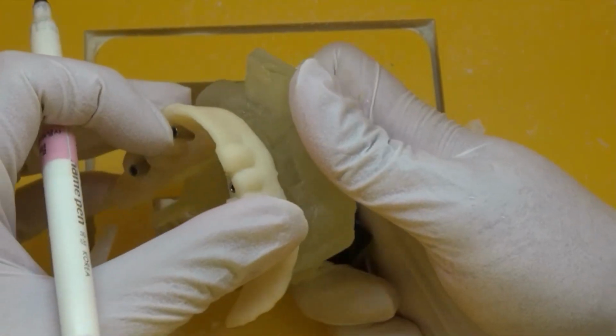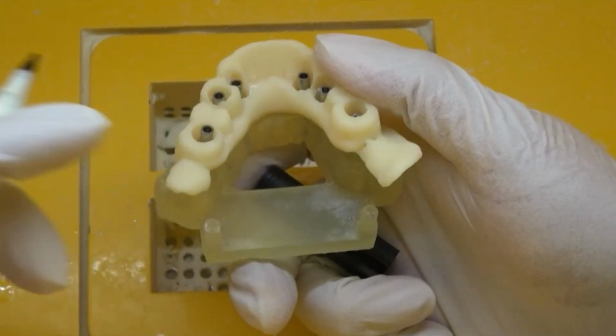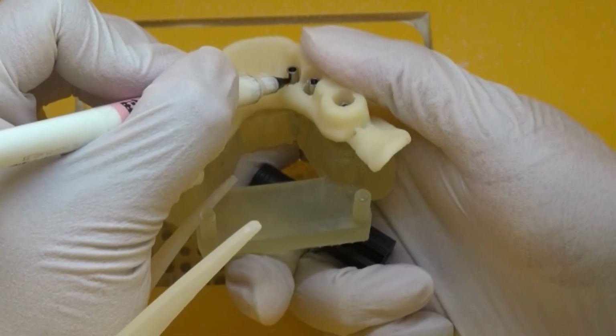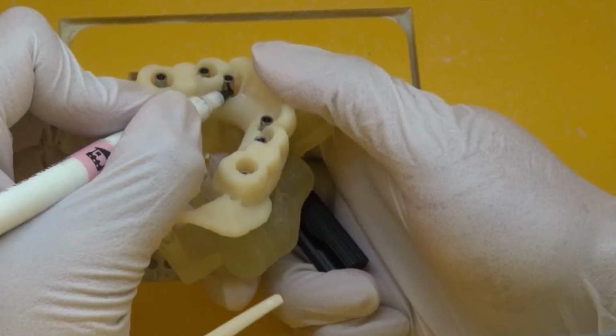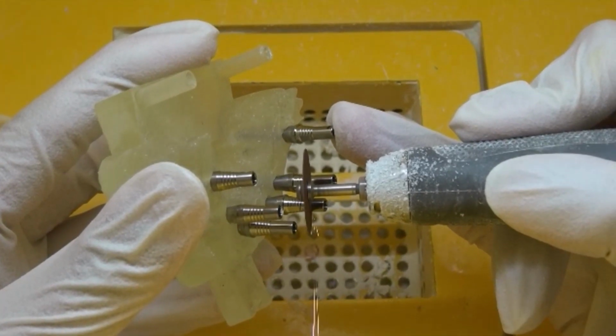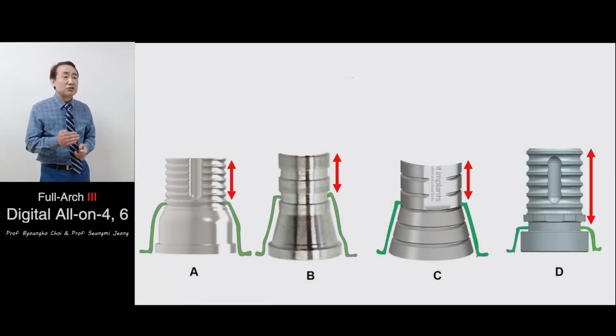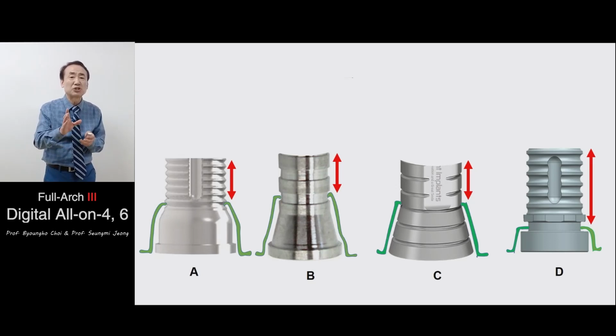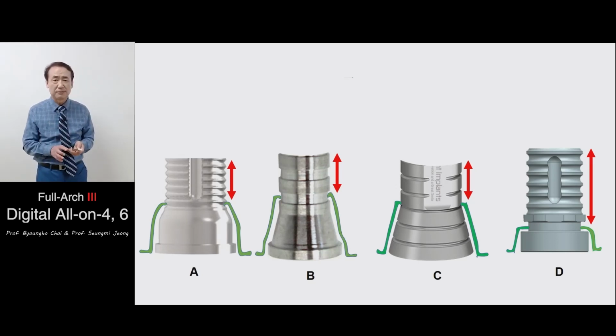This shows how to adjust the cylinder height before surgery using a provisional denture and the 3D printed model. You can trim the cylinder. After adjusting the cylinder height, after placing the rubber dam beneath the cylinder, the exposed cylinder height becomes shorter. There you can see here different exposed cylinder heights.